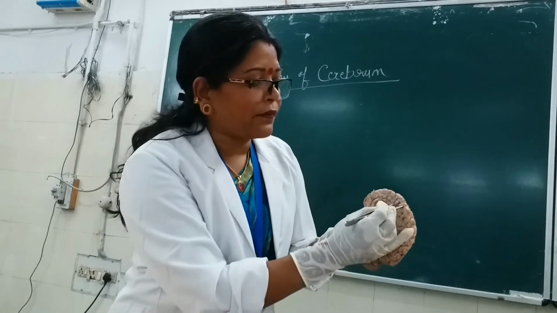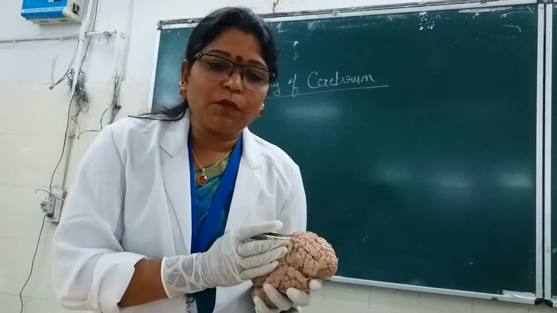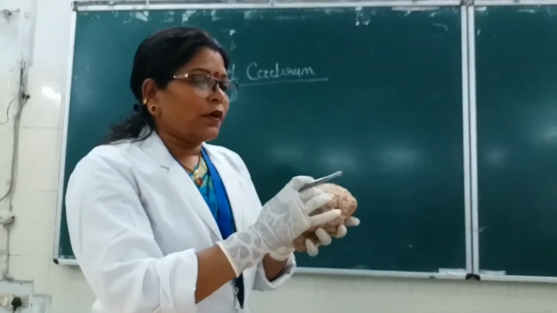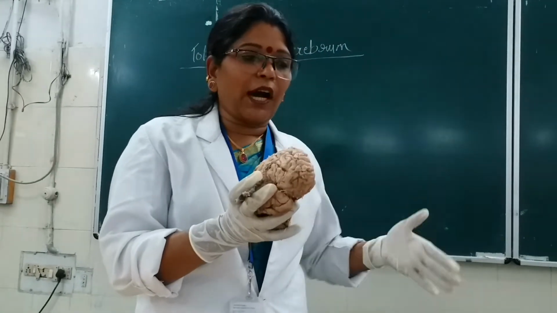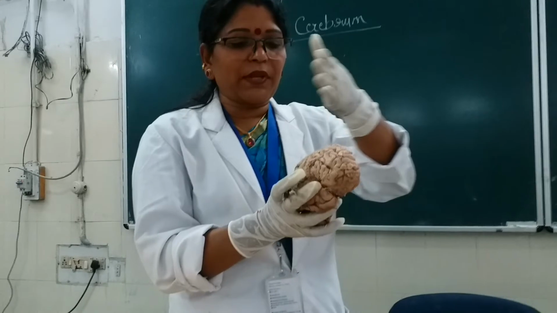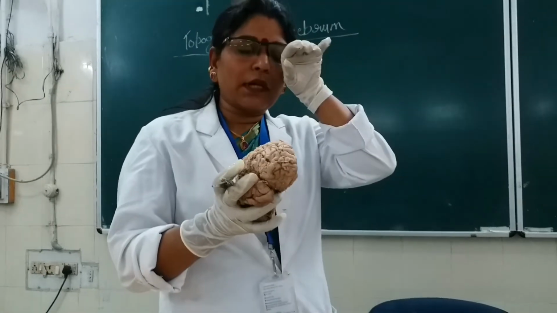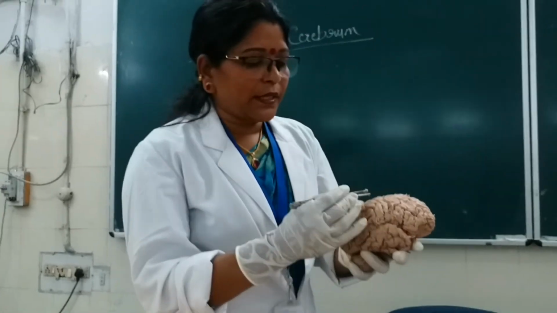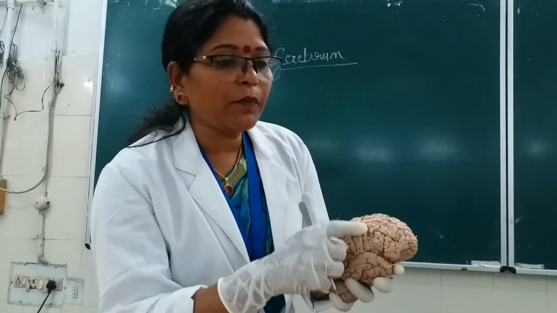on the medial surface. Okay, now in the motor area, what is the representation of the body? Upside down. And suppose this was the right cerebral hemisphere, so it will guide which side of the body? The left half of the body. So the left half of the body is represented here. If it is the left cerebral hemisphere, then on this motor area the right side of the body is represented. Contralateral representation is there. Okay, so what will it do? It will initiate the voluntary movement. Which type of movement is governed by the motor area?